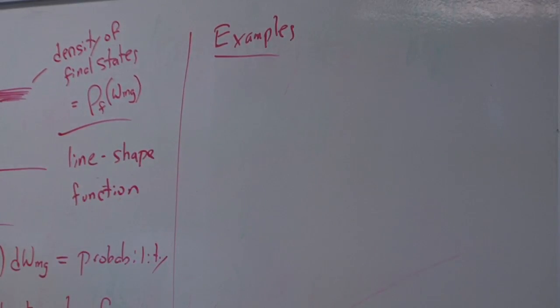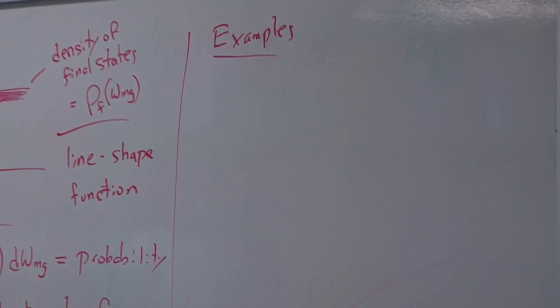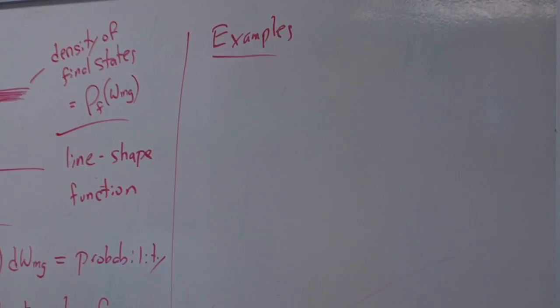When you're talking quantum mechanics, you call it the density of final states. In optics and photonics, it's just the line-shape function, because that's what gives rise to the line shape: the fact that the upper level is spread into a continuum. So as you know from your homework assignment, there are several different canonical forms for a line-shape function. There's the Gaussian, there's the Lorentzian,